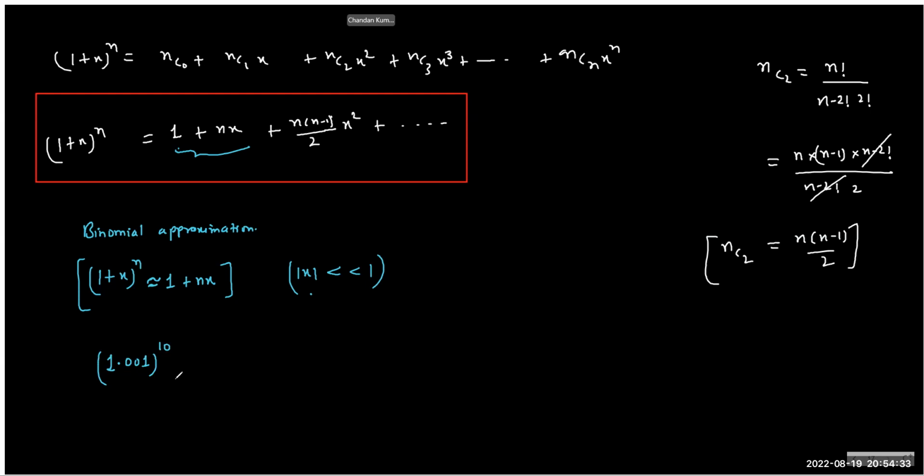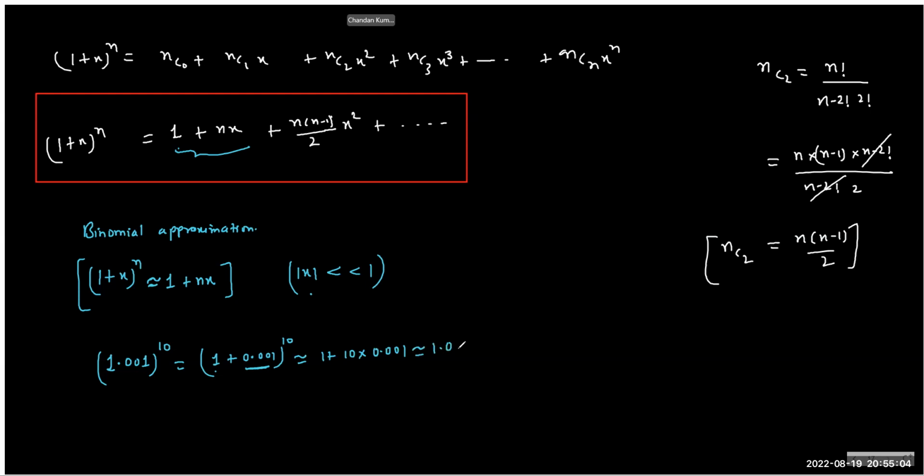So let's say I ask you, what is 1 plus 0.001 to the power 10? Now there are two ways of solving. You can take your calculator, type 1.001, and put the power 10. The other way, you write this as 1 plus 0.001 to the power 10, and you can see this term is very, very small compared to 1. So I can write the binomial approximation as 1 plus 10 into 0.001,